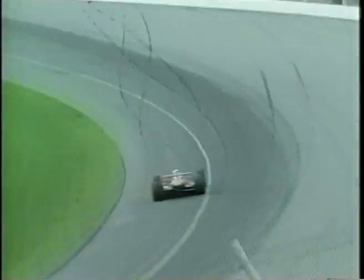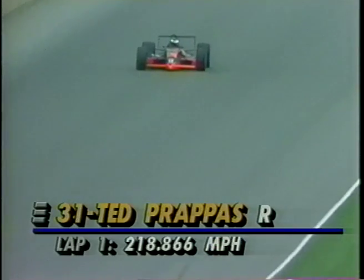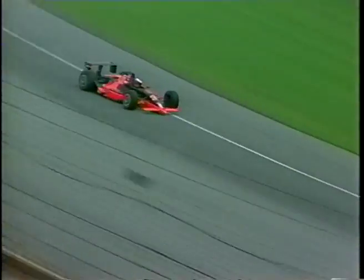2:18.866. It's a reach, but he is within reach of Scott Goodyear's bubble time of 2:19.054. He's got to go a little faster. He is within reach. A slight update on our information: this is in fact his second attempt, but he is within reach. He needs to dig those fingernails in just a little bit more to try and get to the top of this wall. It is a steep climb, but Prapus, if the handling of this car does not deteriorate, he could